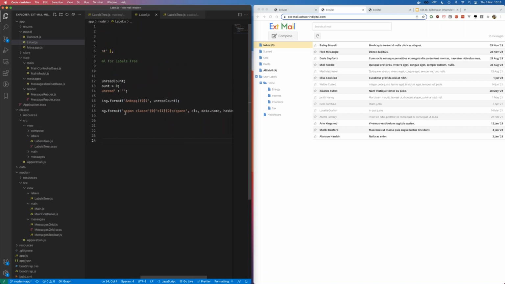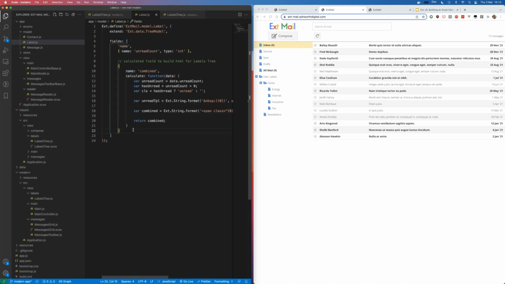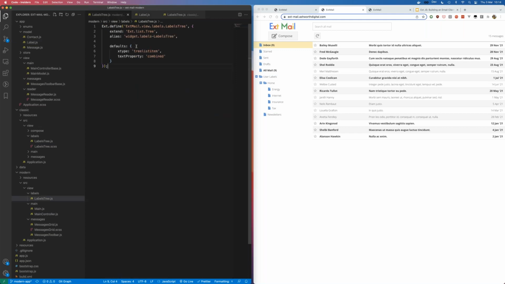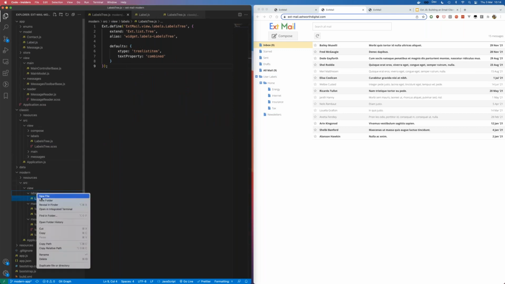So this is basically just adding the unread count here, and then the text for the label, which is name, and adding it all together. So that comes out as part of the model, and so we can just push it into the tree view itself. So that's the label tree there, and we've got some small bit of styling to add